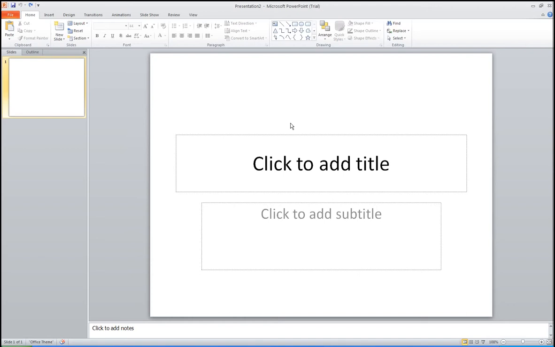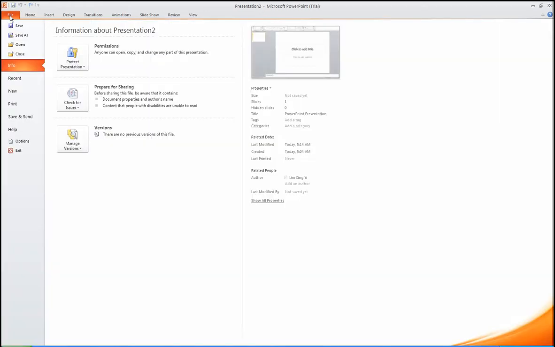When you first launch PowerPoint 2010, you're presented with a new empty slide like this. If you click on the File tab, you'll realize that this is a whole new environment. We call this the Backstage view. In this view, nothing much has changed as what you commonly do with file management, such as file saving, permission,